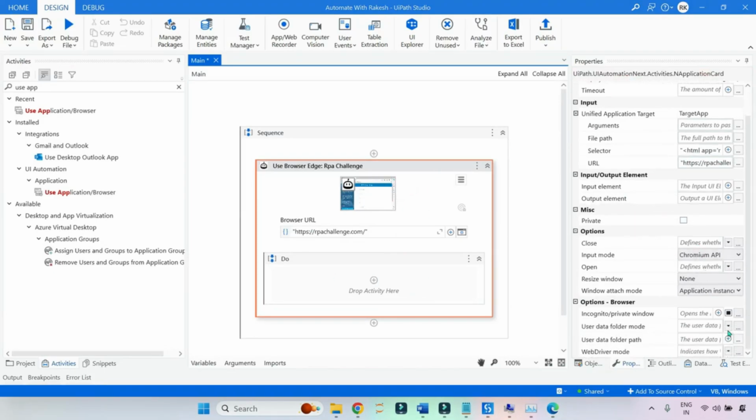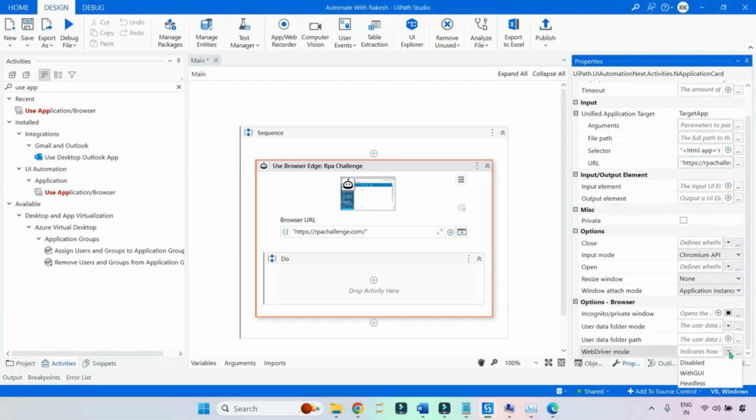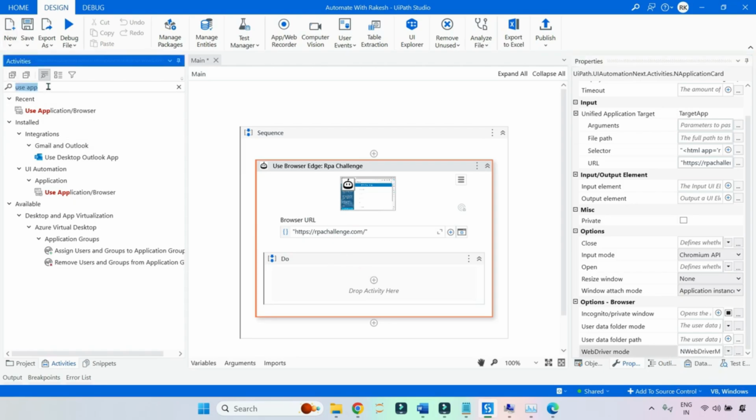Now here, WebDriver mode, I am going to select as with GUI or headless. Headless means background automation. With GUI I mean graphical user interface automation. Headless means completely background automation. So I will say with GUI, and now I'm going to use the click activity,